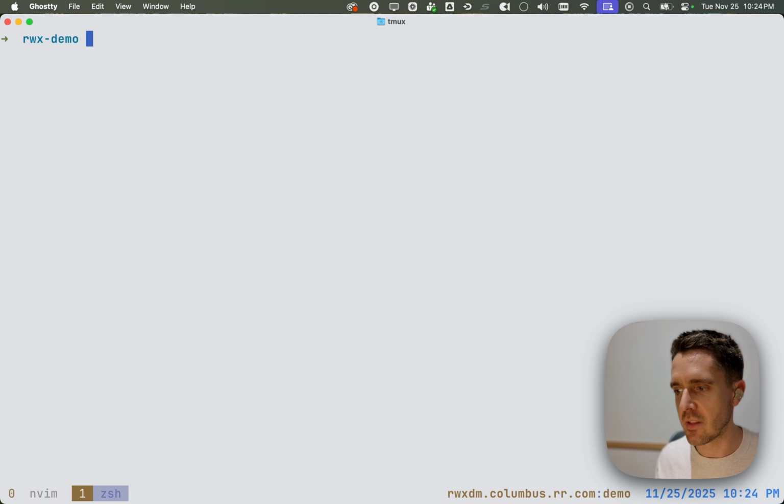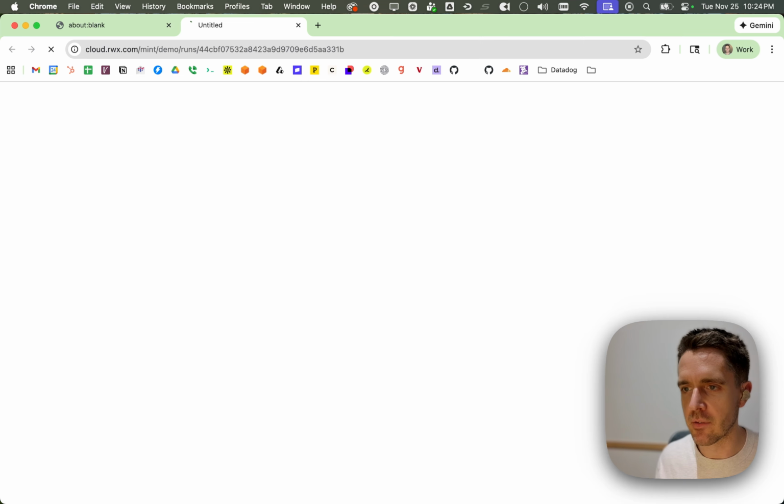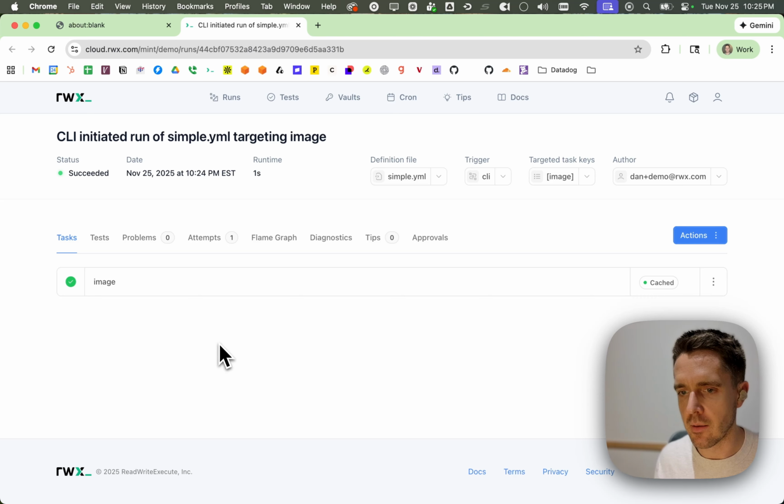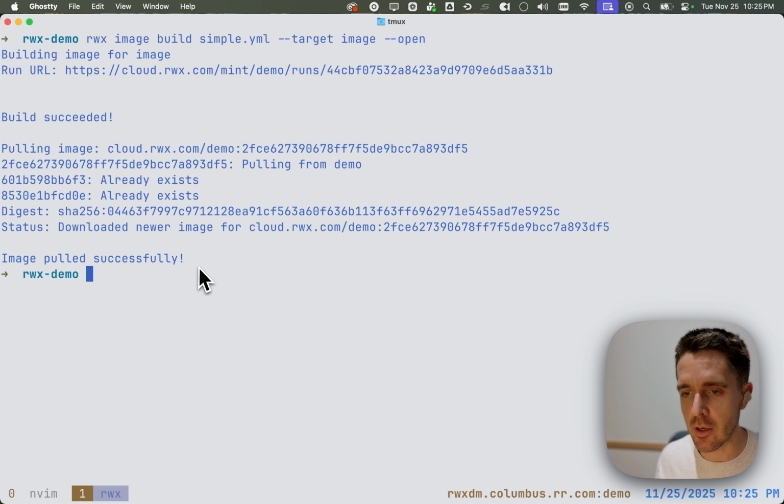I'm going to go ahead and build the image. To do that, you just do rwx image build. Give it the YAML file. I'll target the image task. Open will open my browser automatically. And I've actually built this image before, so interestingly, this task was already cached. But if I go back to my terminal, we can see that the image was built and pulled down to